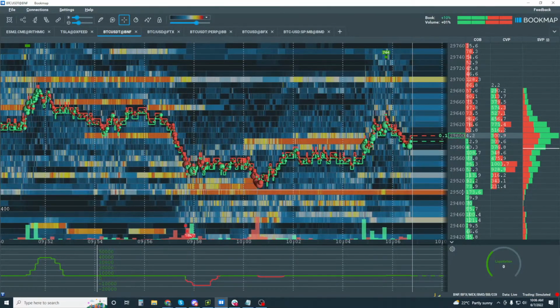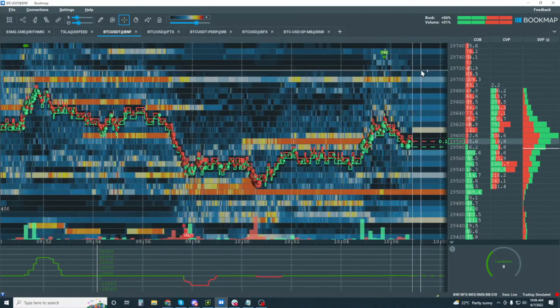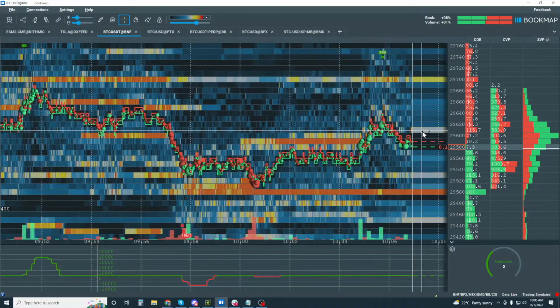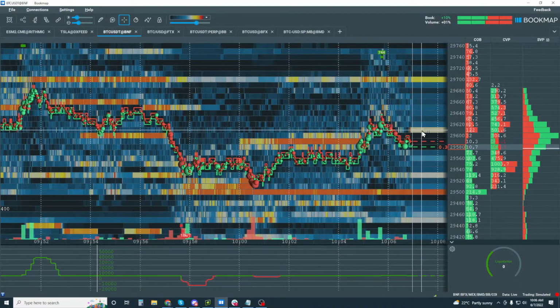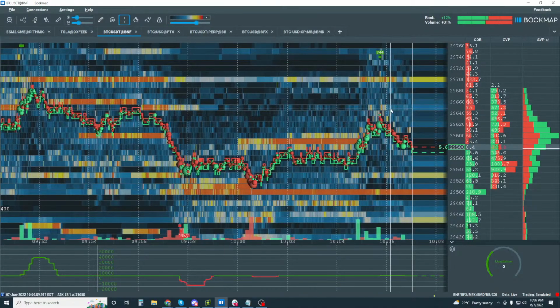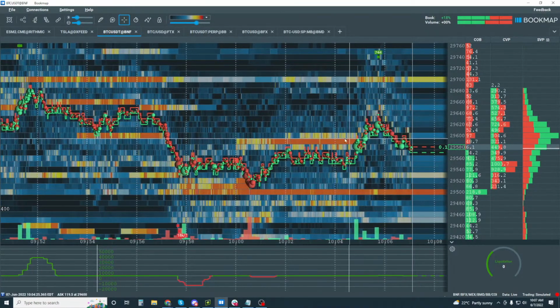Down here we have 170 at 29,500. Right, so we're kind of in between two areas of high liquidity at the moment. And here's someone coming in right now, 115, 120 coins right at this 29,610 area, and now they pulled it. Okay, so you can see all of this